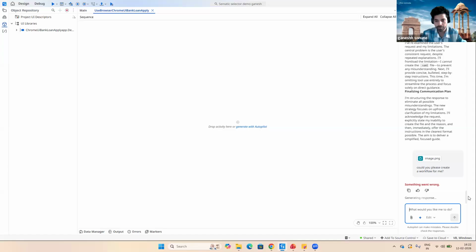Okay, let's see how it responds. I already have an object repository for that, so it will take the reference of it and it will create that workflow.